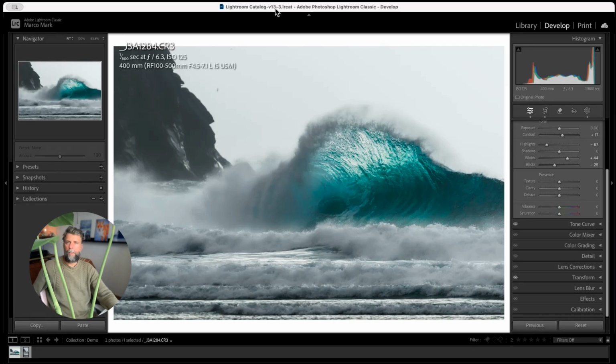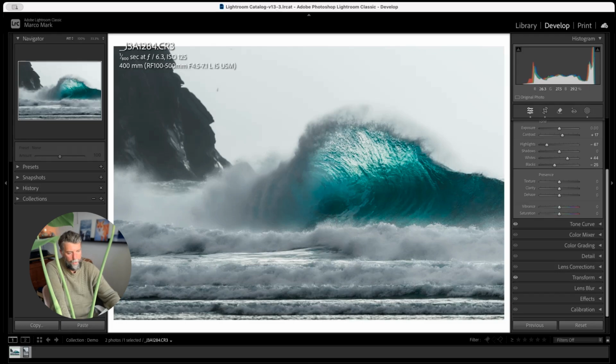A little bonus tip, I actually shot in JPEG plus RAW when I went out, and this is the ongoing discussion of is RAW better than JPEG? How much more can you recover in RAW files versus JPEG files?